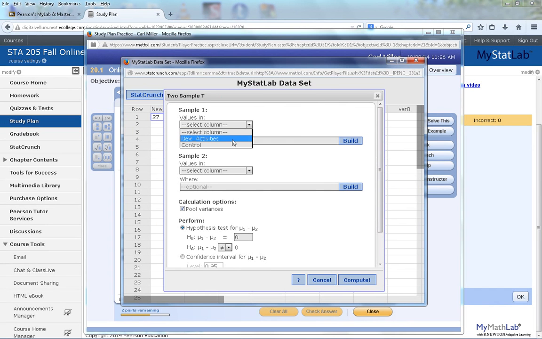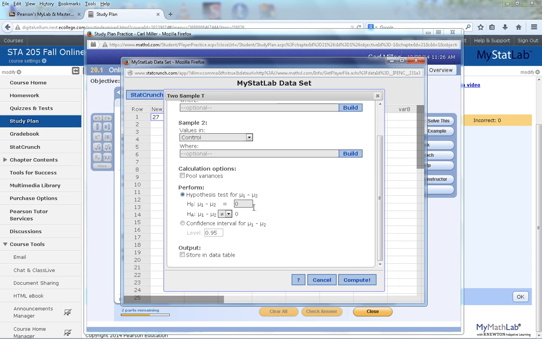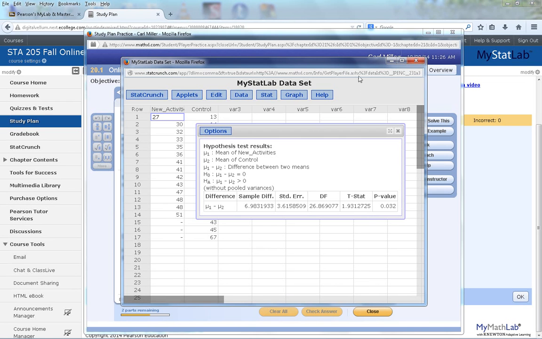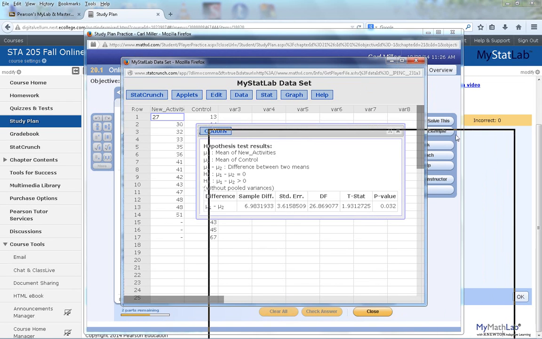So the first group, I'm going to put the new activities. The second group is going to be the control. I'm not going to pool the variances here. I'm testing the null, that the difference in the 2 population means is 0 versus the difference, and remember we said it was positive. Click compute, and then there is my t-score,